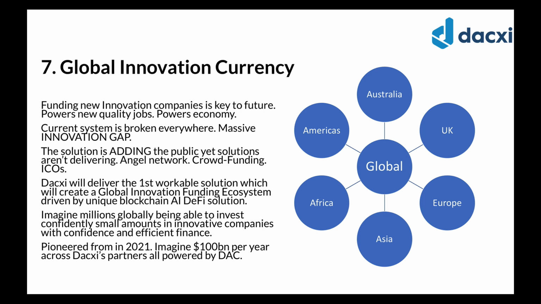So the customers, the investors are not putting in big money, but are able to do that. So a Mexican can invest in a Cornish company or a South Australian company, and be able to do that in an effective, efficient way. And it's a really unique solution. We've been working on it for a long time. When you imagine the sort of billions that could be done in each country through this solution, and then you combine it into one global ecosystem, it's why we're talking about $100 billion or more of annual funding, which is what everyone wants to happen.